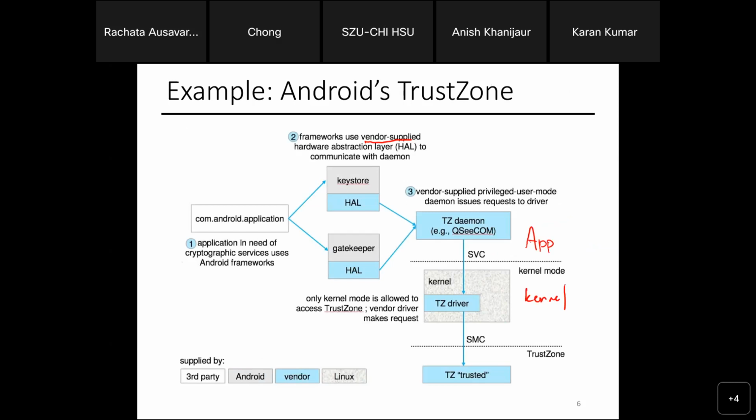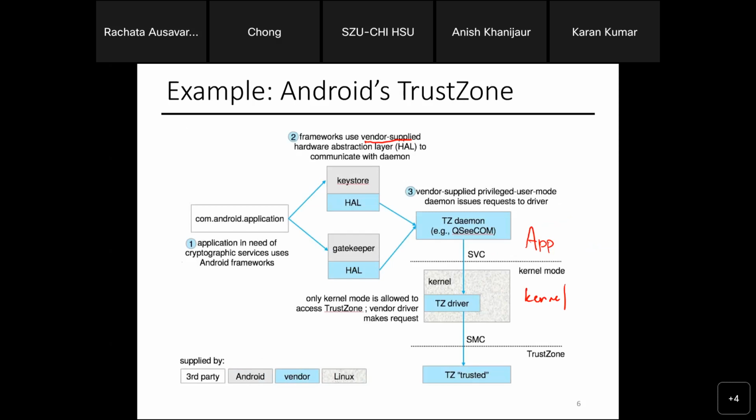Why is it useful to have this kind of trust zone? Because these APIs allow each vendor to basically operate the way they want to. It's not dictated by Android. It's dictated by how the vendor implements the trust, like the privilege mode. The concept is done from the Android point of view, which is I have the trust zone. Here's the concept: you go implement your own framework so that it works with this concept.